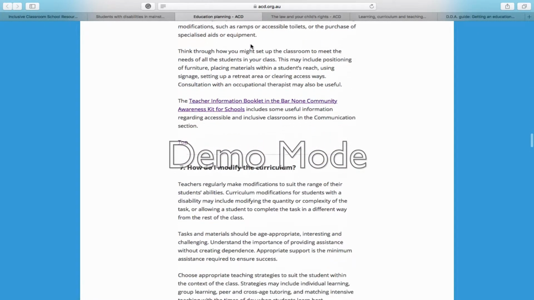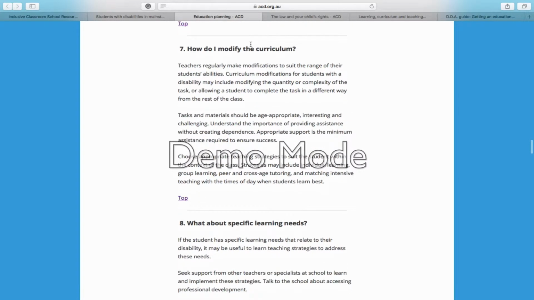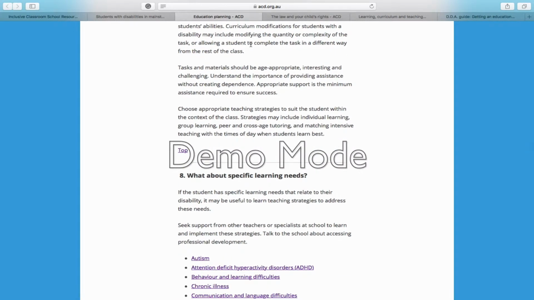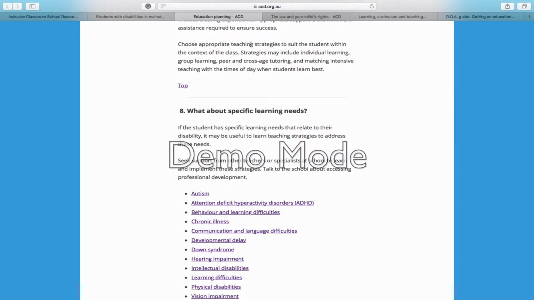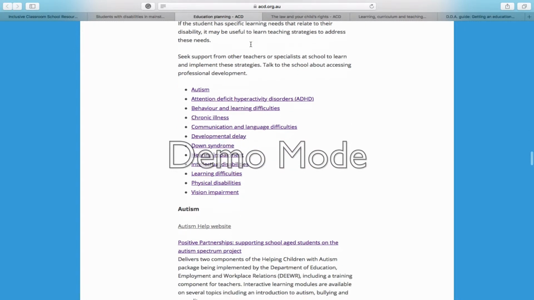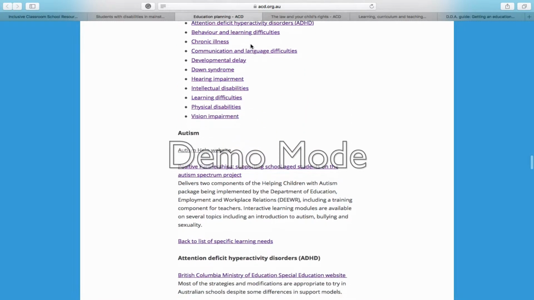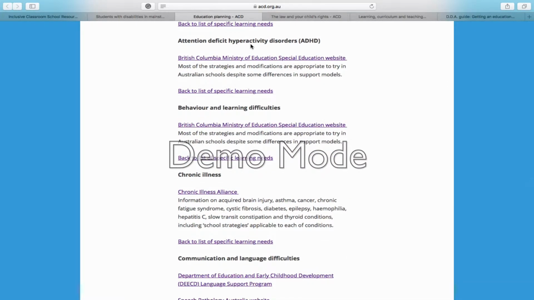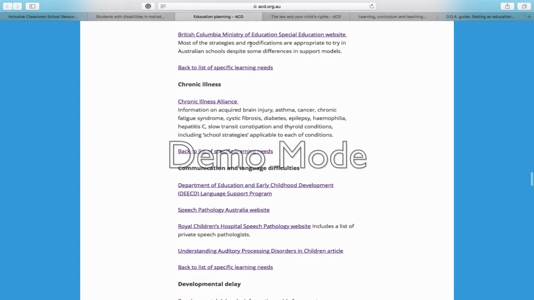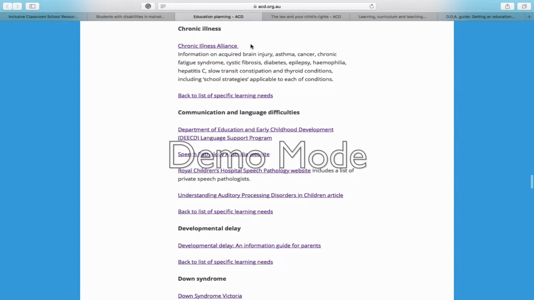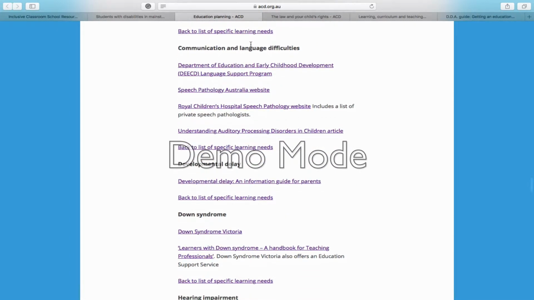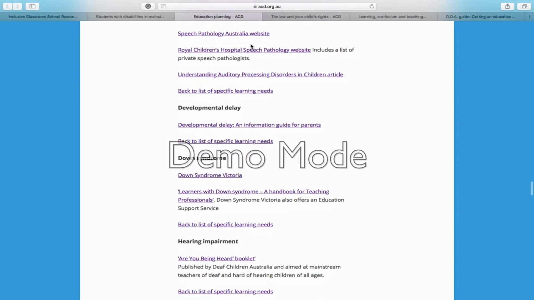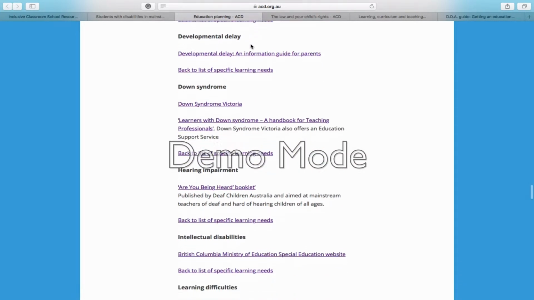How can I promote positive interactions to include students with a disability? Not only does this subheading suggest that educators model good behaviour to promote positive interactions and participation within the classroom, but it also suggests that educators access the Bar None Community Awareness Kit for schools, which includes a set of curriculum units and activities which aims to assist educators and increase student understanding for disability knowledge and respect for diversity.